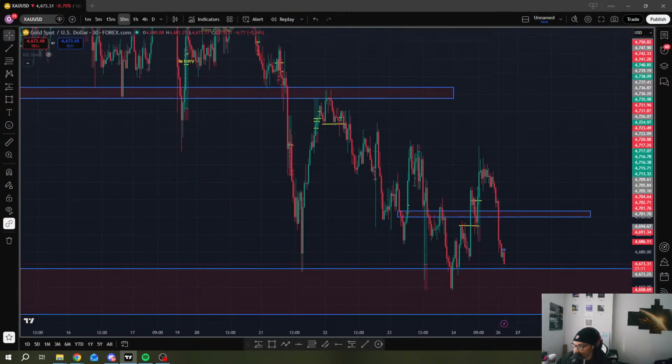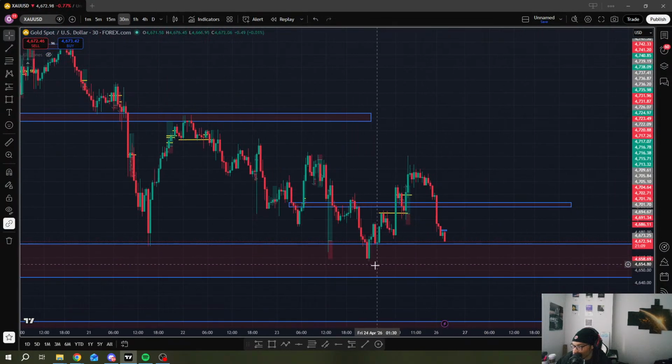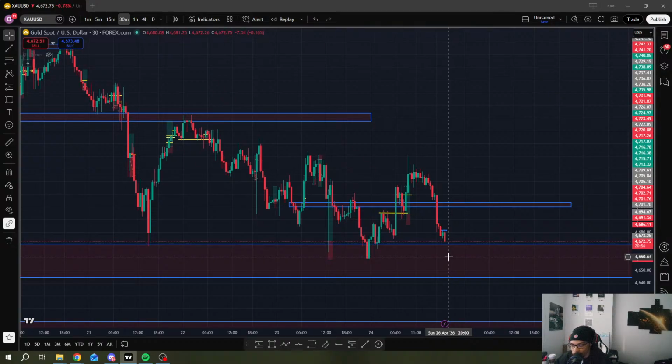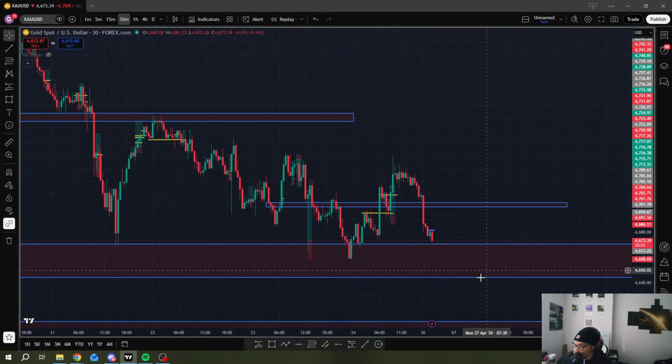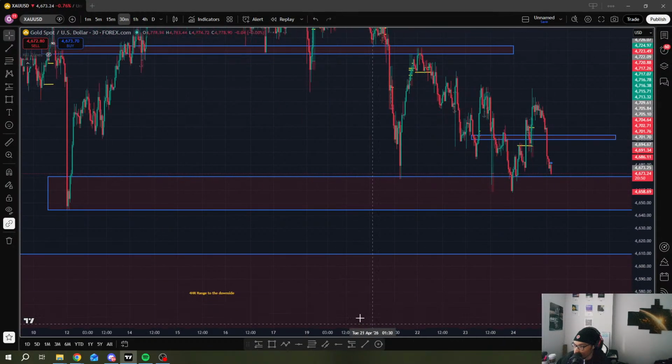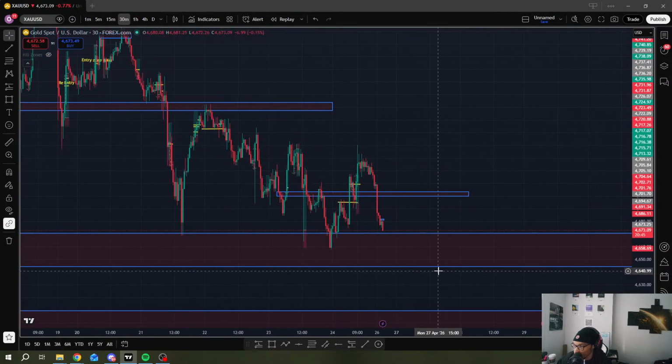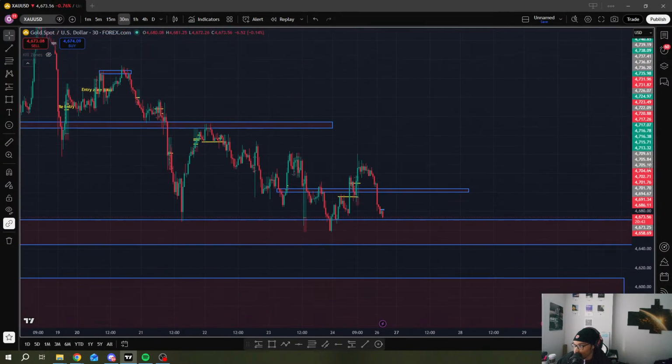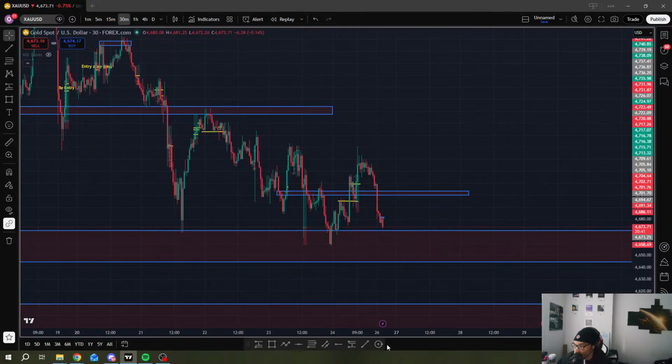On the 30-minute, you can see the same thing, right? This looks like a double bottom, okay? But that next bottom has yet to form. So we got to be patient and make sure we're getting the bottom that we need in order to make this happen. What we're waiting for is a good move back to the upside or a continuation push to the downside, especially to tap into this 4-hour range. We just need price to break past these areas, and then we'll be in a good position to push back to the upside or to the downside.